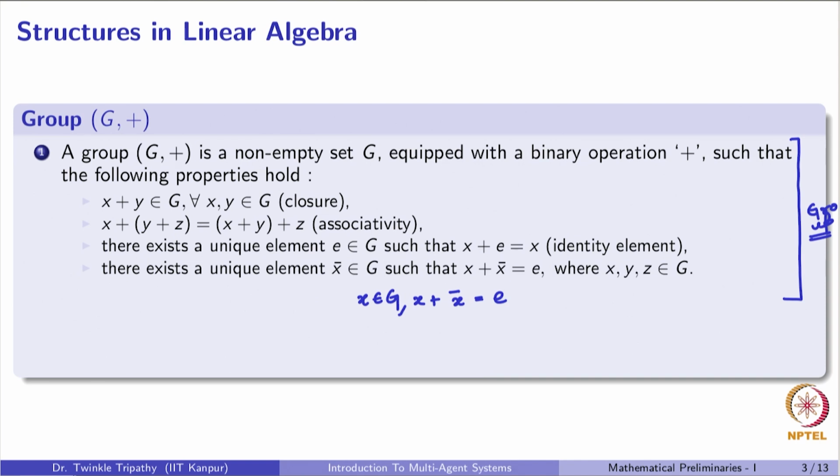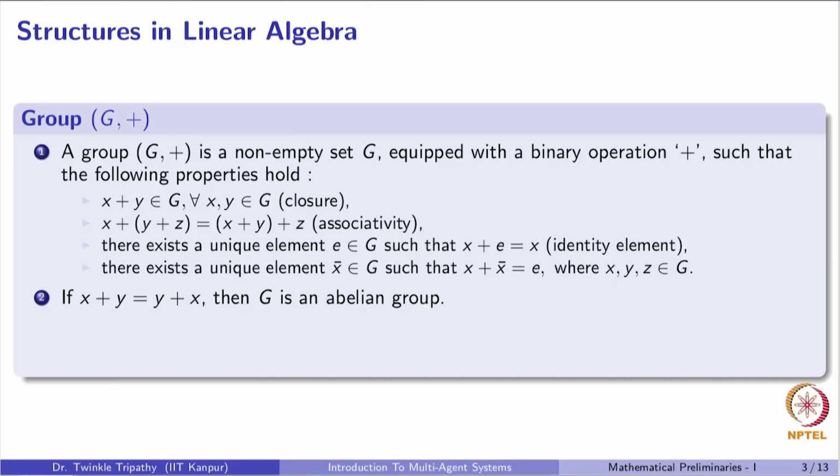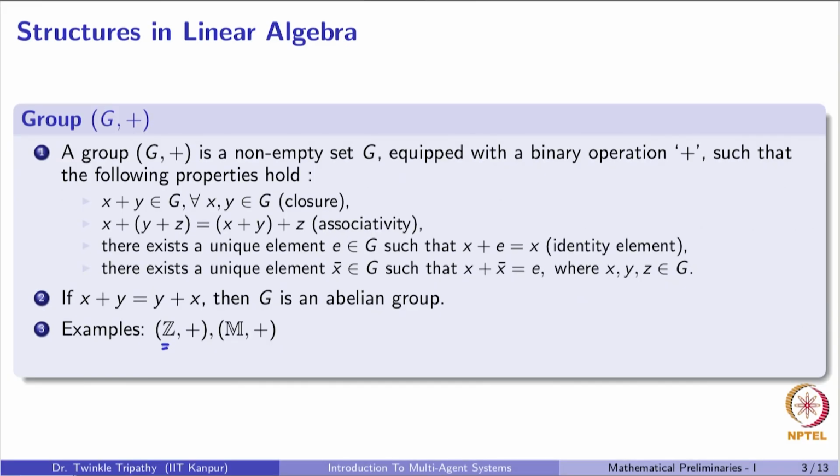Now there is an additional property which we can associate with the set, that is the property of commutativity, meaning if I do x plus y and it is exactly the same as changing the order of the elements, then the operation becomes commutative and the group becomes an abelian group. So let us see some examples of a group. Z is a set of integers that we have, and here we denote the plus sign as the standard addition operation. Now let's see how does it become a group.